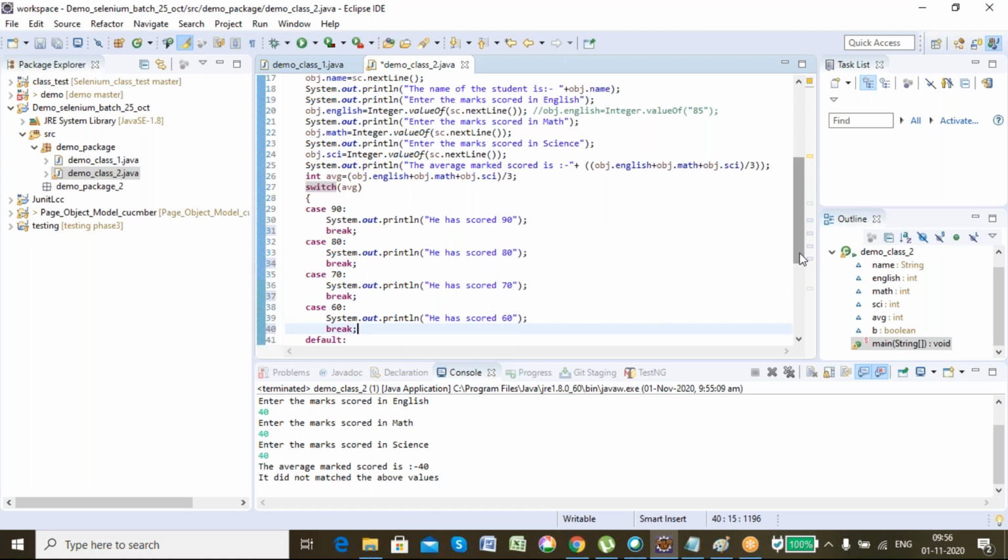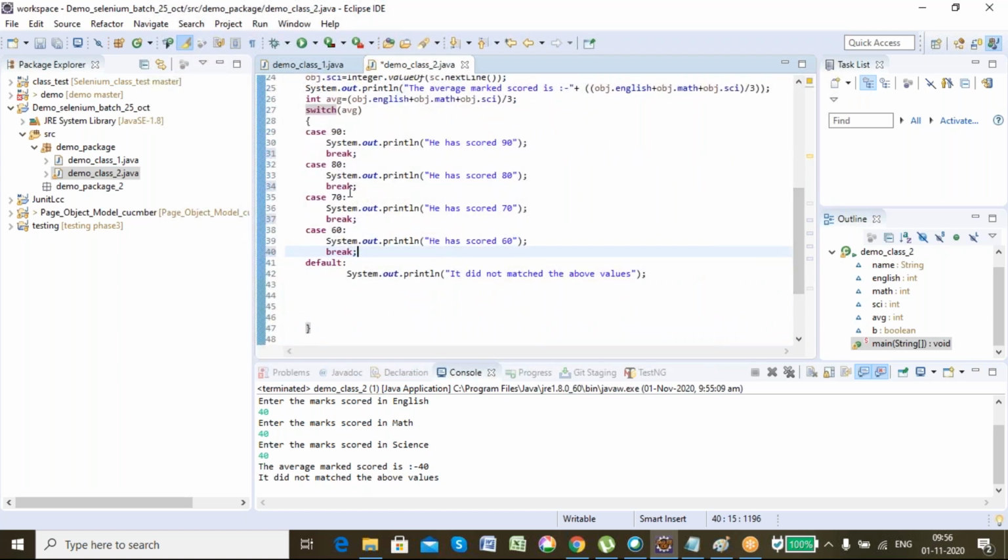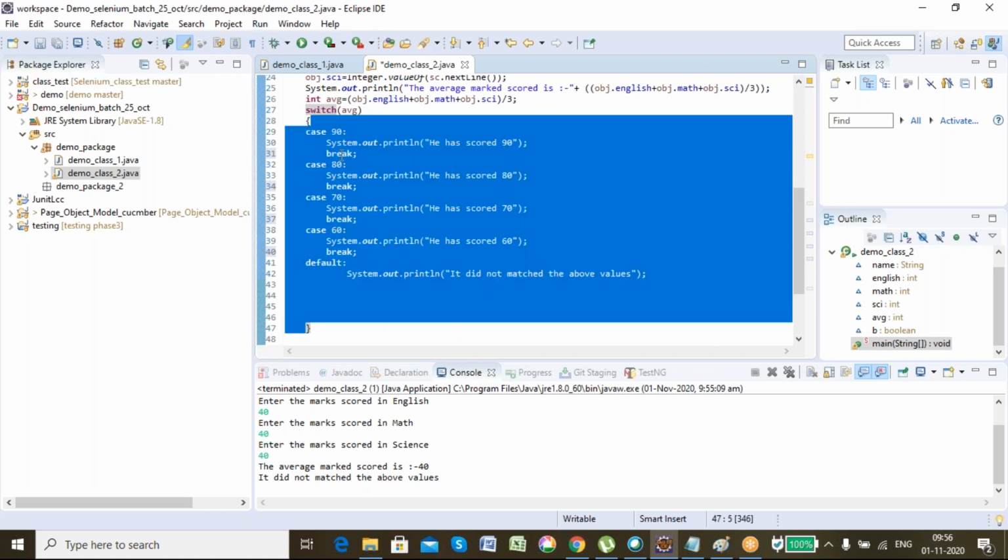So what does this break keyword do? When the break keyword is present inside any block, it will directly take the control out of that block. Let's say for example, here this is the particular block, inside which all the breaks are present.